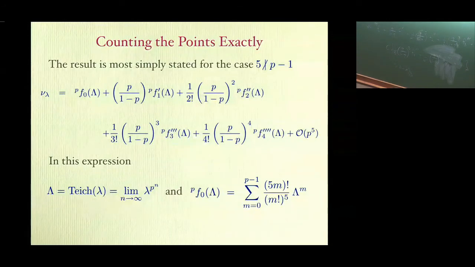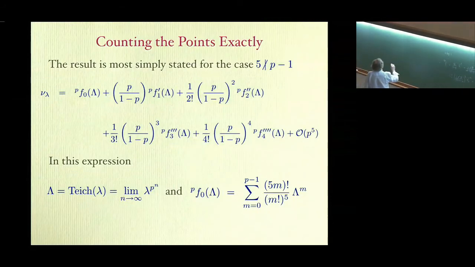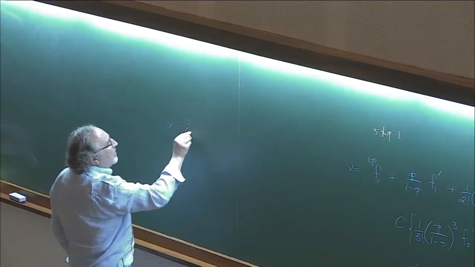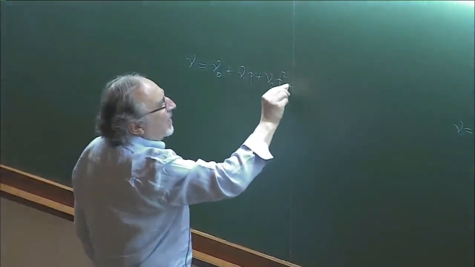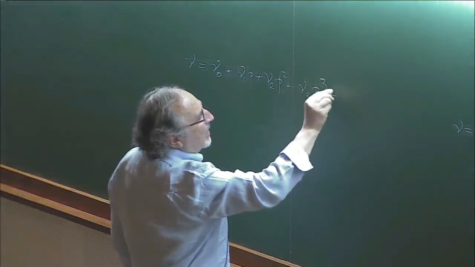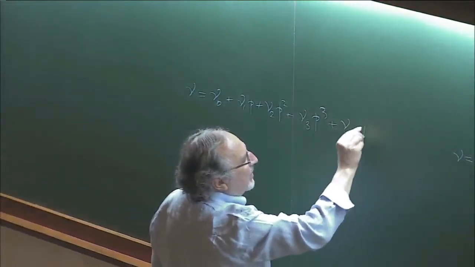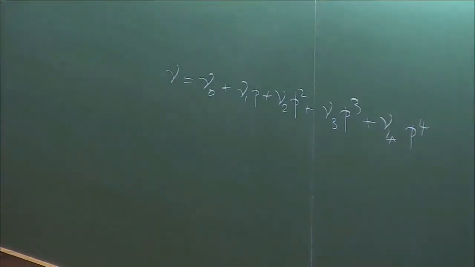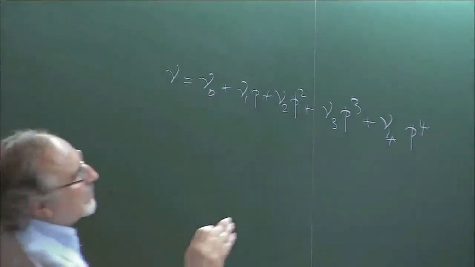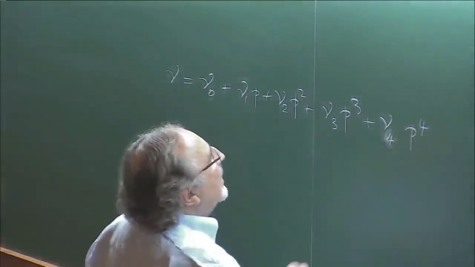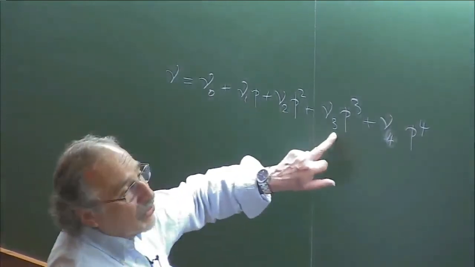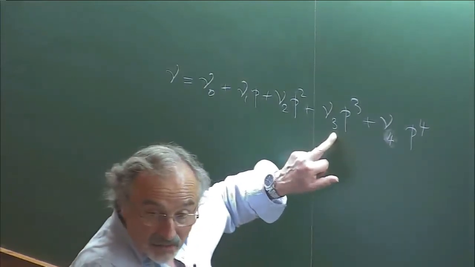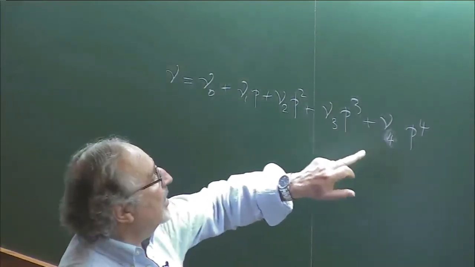Yeah, so it's good, right? We said the following. We said that nu is nu naught plus nu 1 p plus nu 2 p squared plus nu 3 p cubed plus nu 4 p to the 4th. Now it turns out that the answer is pretty close to p cubed. So actually, if you know the integers up to nu 3, you're done. You can work out the nu 4.